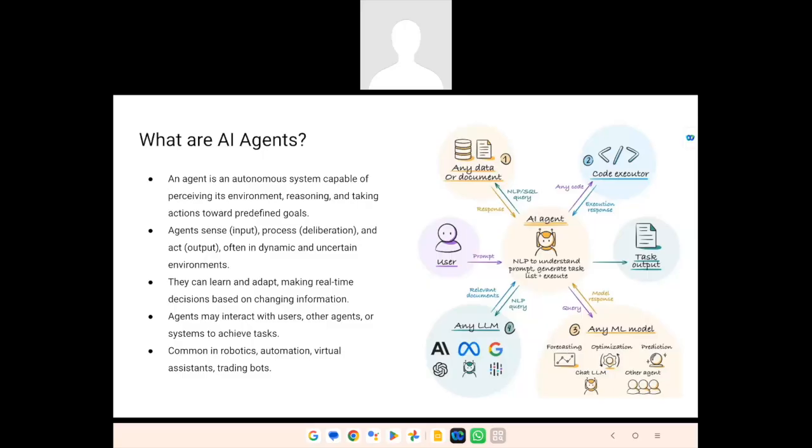Some might be aware of SLAM, simultaneous localization and mapping. When you put the robot in your room, it creates a map of your room. It localizes itself on the map, and then it automatically navigates and cleans the room. So that is called SLAM. It localizes itself, creates a map, and then wanders around and cleans. As simple as that. And those SLAM robotic systems are agents.